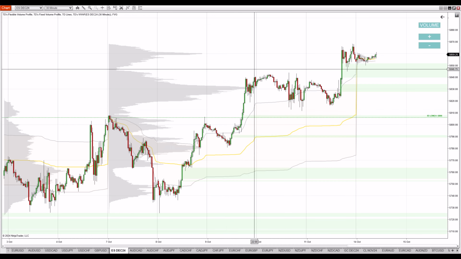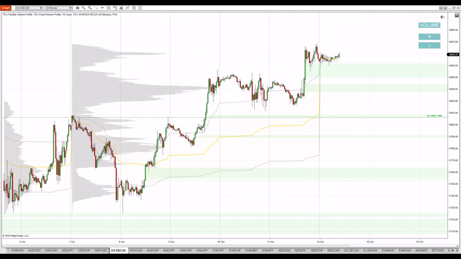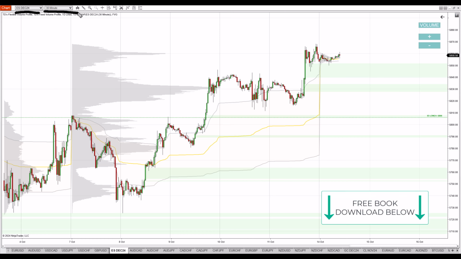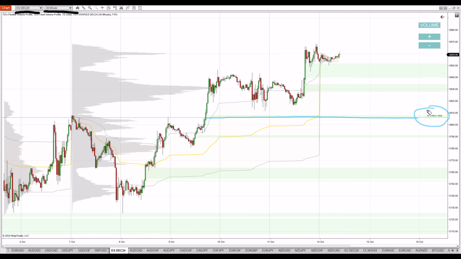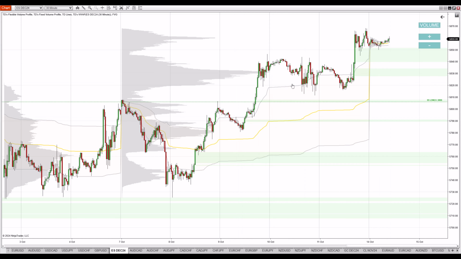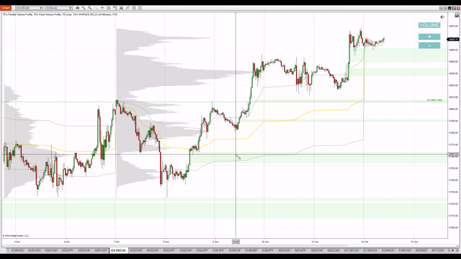So, what you see before you is the NinjaTrader 8 platform with my custom-made volume profile and VWAP indicators. This is a chart of the ES, which is futures of the Standard & Poor's 500 Index. This is a 30-minute time frame, and what I want to show you here is this support, this one. It is at 58.06. Now, if you look just at the price action here, it doesn't really show any support, right? It doesn't really tell you that this could be an interesting level to trade from, but it's sort of